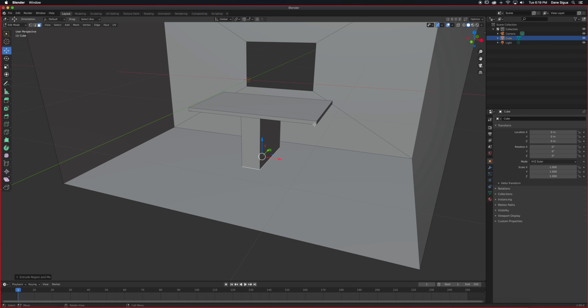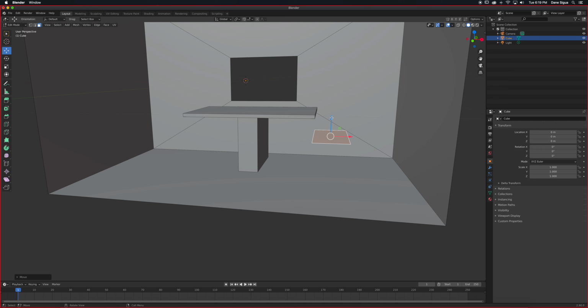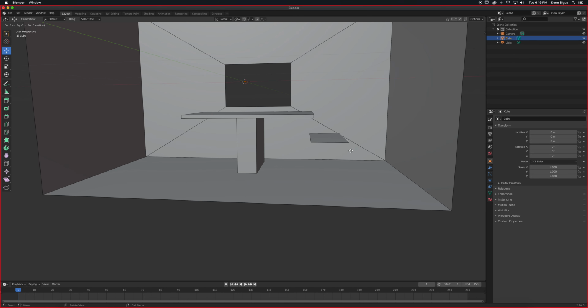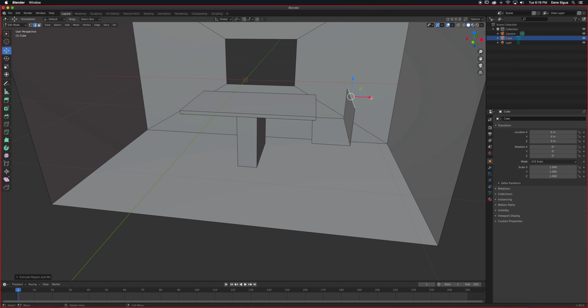So let's see. I'm just going to borrow this one right here. Shift D to duplicate it. Okay, and then I'm just going to move it over here and then do some scaling. All right, and then we'll move it here, down here. All right, maybe that's too low. Well, it's just approximation. So I'm going to go to edge mode, or number 2. I'm going to select that right there. I'm going to extrude that and then move it up, and then kind of lean it back a little bit.